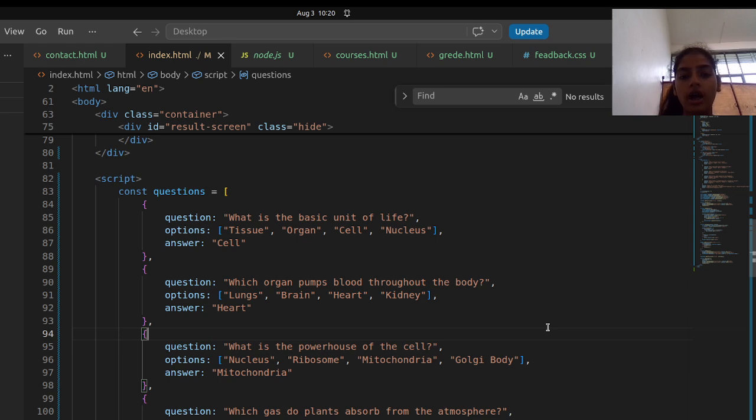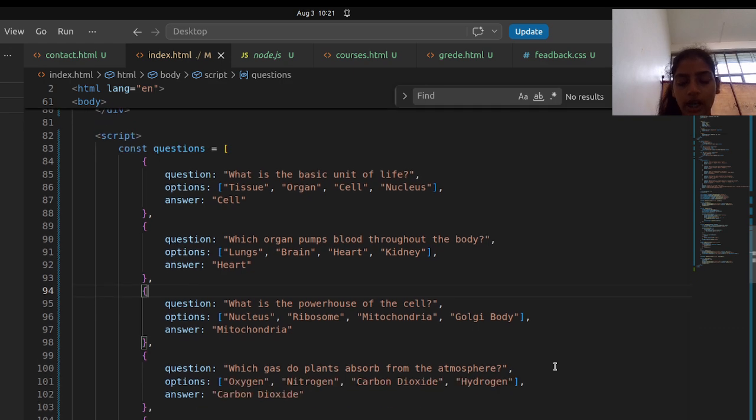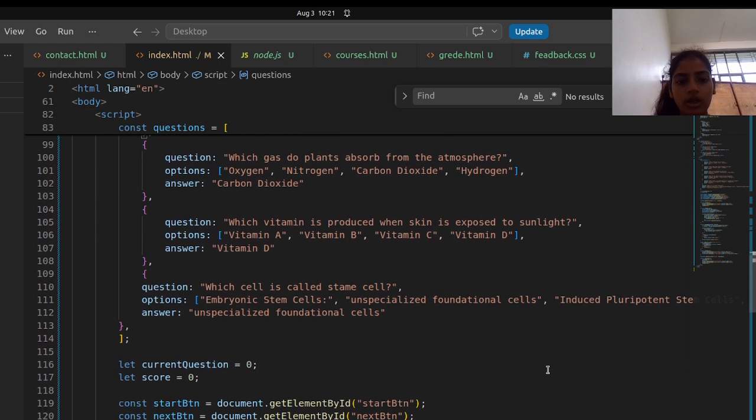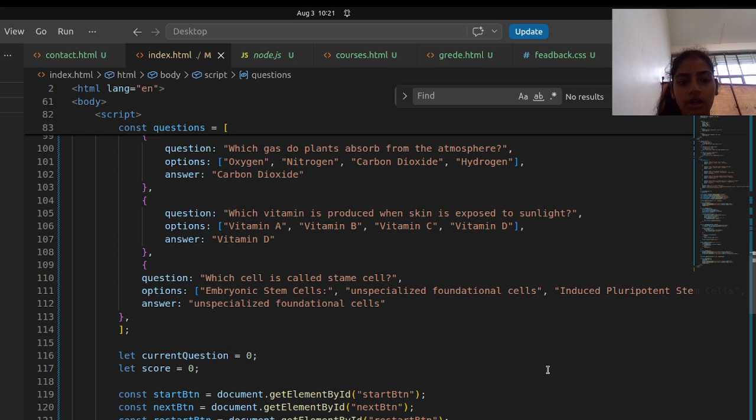My fourth question, which I am going to explain: how can I give the user visual feedback, for example, changing the button color based on their answer? Visual feedback helps the user immediately understand whether their answer is correct or incorrect. In JavaScript, I can change the button's style after the user selects an answer. For example, if selected answer is equal to correct answer, button.style.backgroundColor green.